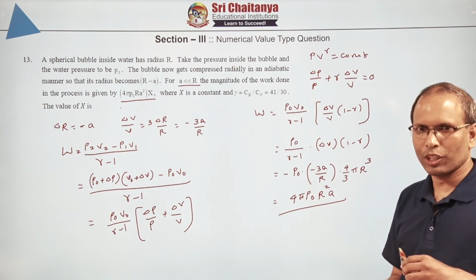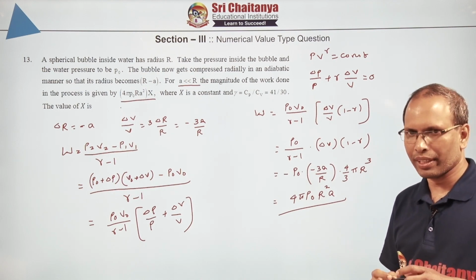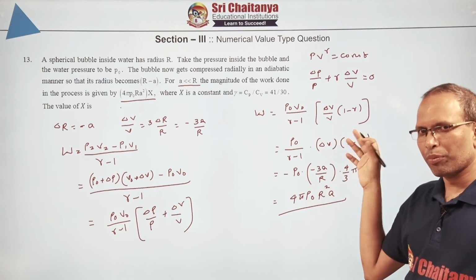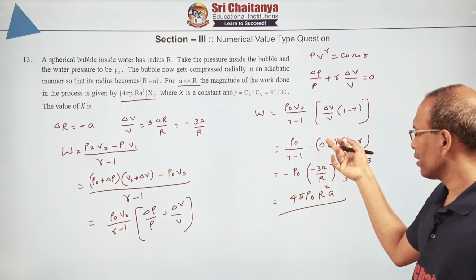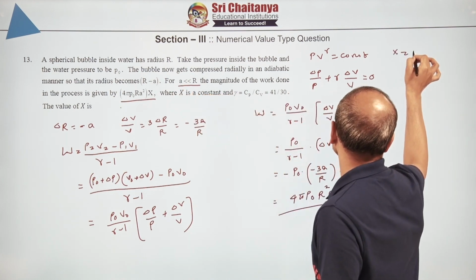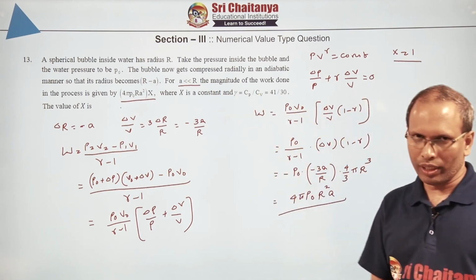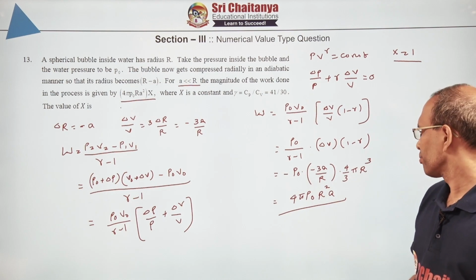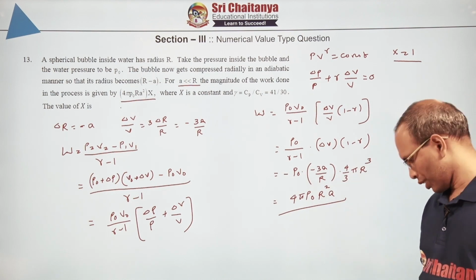If it is the same mistake that you also have been facing in the paper itself, then you will get add marks for this question. Otherwise, if it is a typing mistake in the paper that I have set up, then the answer for the value of x will be 1. If that is a typing mistake, the answer could have been 1. Otherwise, you will get add marks for this question, or it will be deleted. So this is the 13th question.